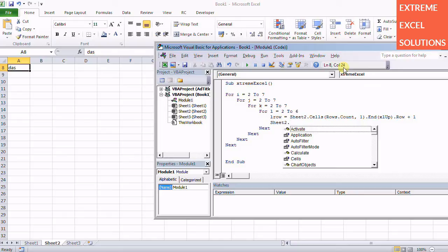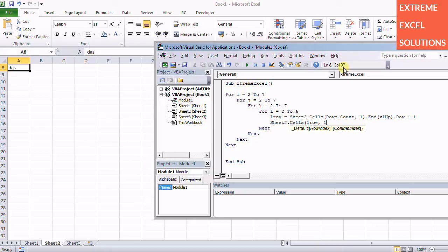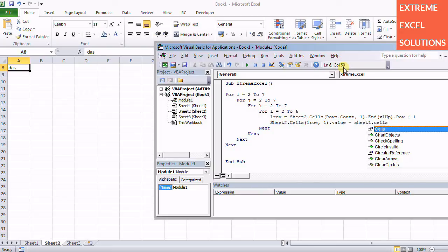So Sheet2.Cells, now we have the row number where we need to put the data, and then column number is 1, .Value. Now this value is coming from Sheet1.Cells. Now we have 4 columns. So basically I, J, K and L are nothing but the row numbers for each column. I is for the first column, J is for the second column, K is for the third, and L is for the fourth. So we need to join all. So Sheet1.Cells, then row number for the first column is I, and column number is 1. We know that, right? And concatenate it with